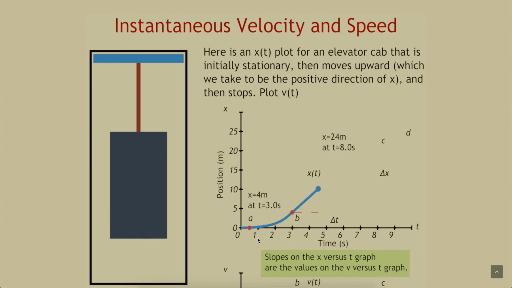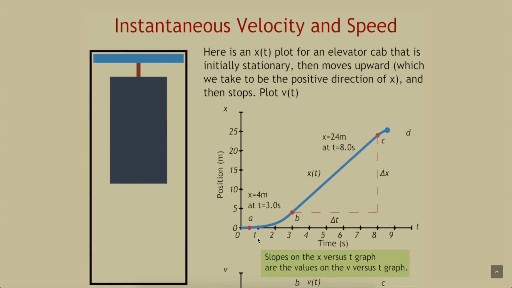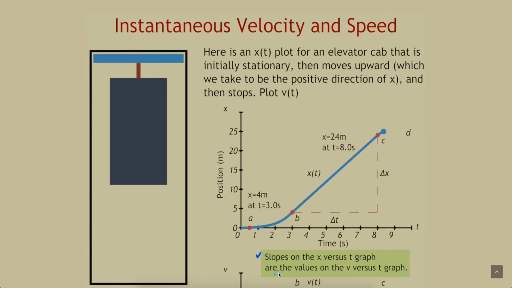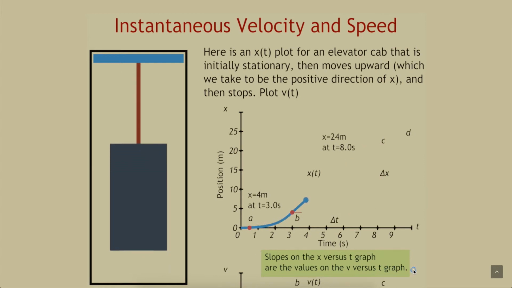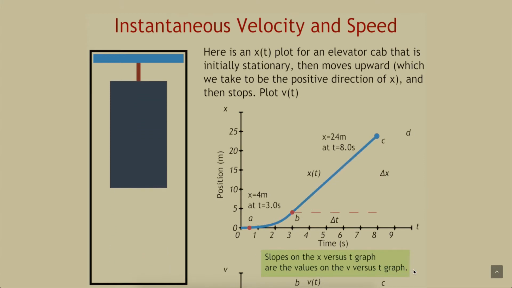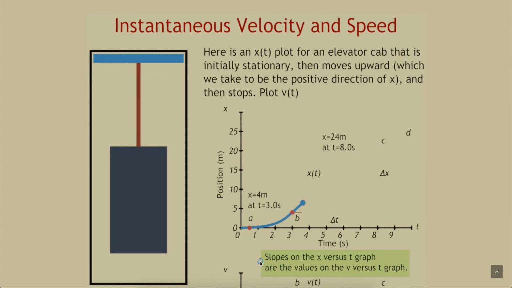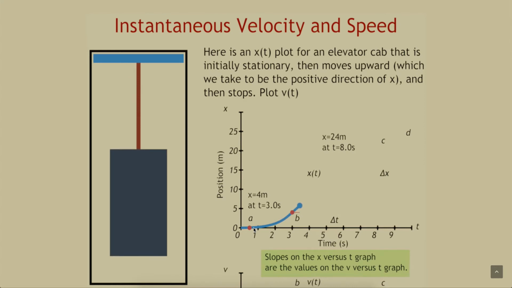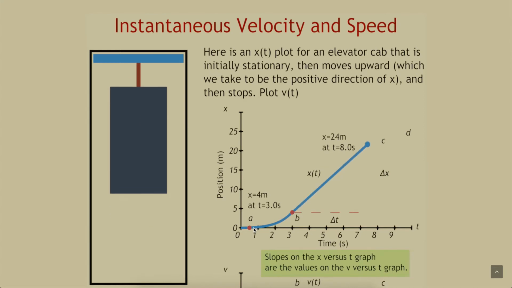By the way, we can conclude this not only because of an observation, but because in a previous video we already learned that the slope of the curve on a position versus time graph is the value of the curve on the velocity versus time graph. Since the slope of the curve of position versus time is 0 from 0 to 1 seconds, it must be true that the value of velocity on the velocity versus time graph is also 0. So this is a type of analysis we are going to do all over the curve of position versus time to predict how the curve of velocity versus time would look.